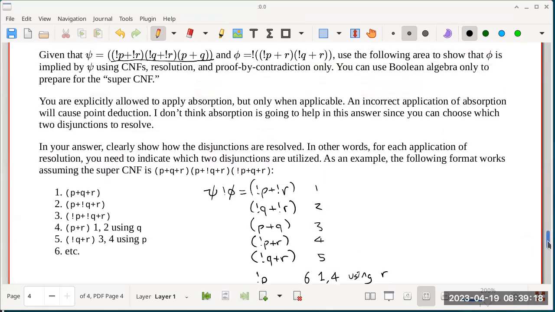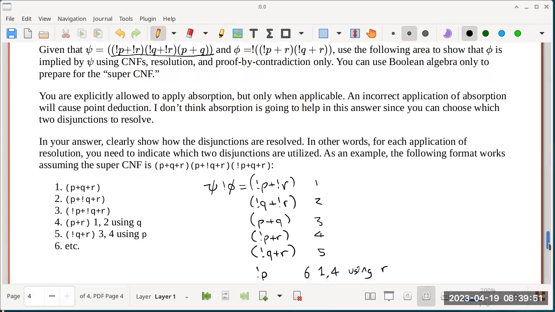And we'll go up a little bit to see what else I'm supposed to answer. Use the following area to show that phi is implied by psi using CNFs, resolution, and proof by contradiction only. You can use linear algebra only to prepare for the super CNF, which is the negation of phi, and that was super easy to do. You are explicitly allowed to apply absorption, but only when applicable. And in this case, it doesn't really help to use absorption because